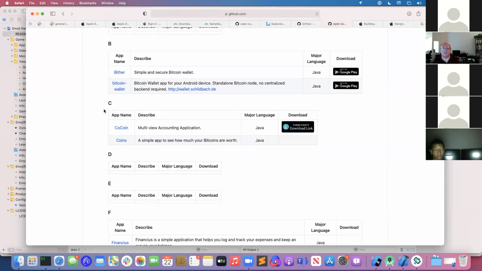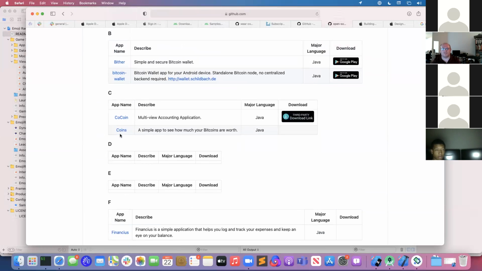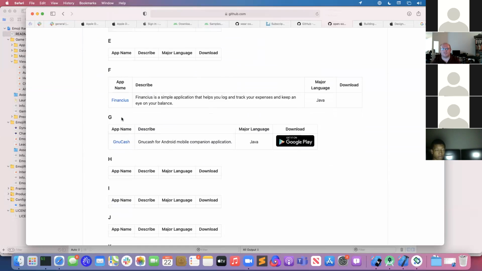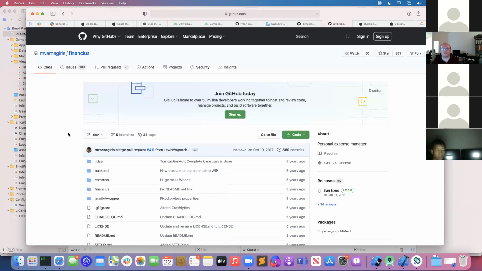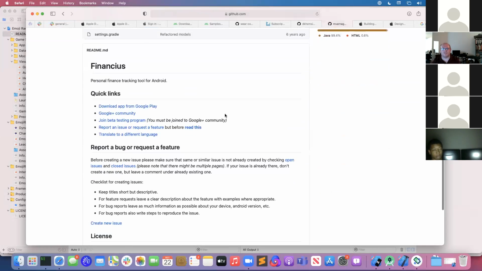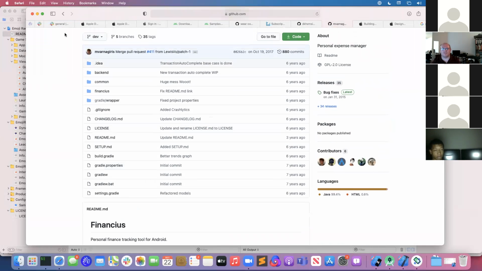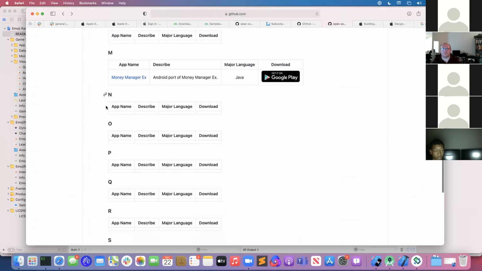So there's a variety of different finance applications. Here are some Bitcoin wallets, for example, and here's an expense tracker. This application is a bit dated, it's 6 years old, but these would be full application source codes that a developer could use in order to get an idea of how to build common application